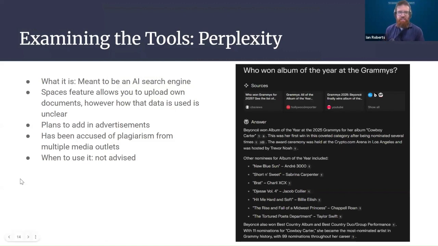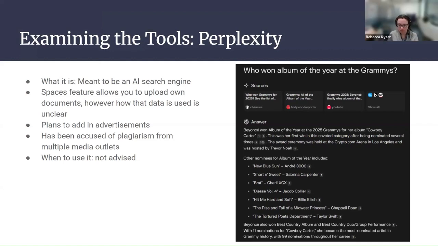So we're including this because it's a very popular tool right now. I suspect many students who are using AI are using this one, or ChatGPT. And frankly, ChatGPT is much better than this. I'm just going to show my hand now. I don't approve of Perplexity generally. It's effectively an AI search engine. And as with any basic search engine, it does pretty well when you have something simple to search for, such as who won the Grammy for Album of the Year. My advice is if you want to use Perplexity, Google can do that just as well. And I'm not even talking about the Google AI they throw at you. The Google search result will give you the same kind of results this will get you.